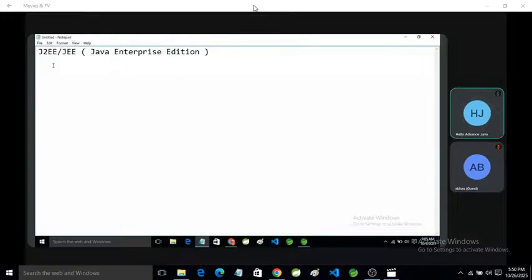Enterprise means business. If you want to develop any software for business purpose, we use JEE or J2EE, Java Enterprise Edition. So you can ask what is the meaning of business purpose.